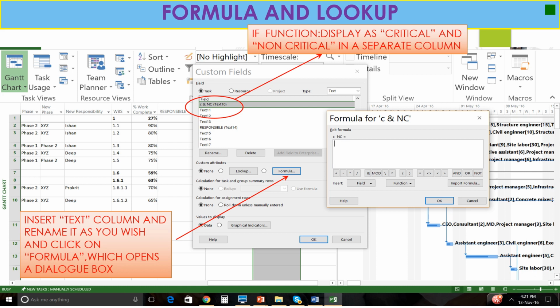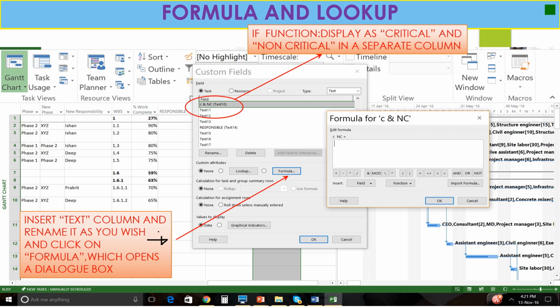Now let's see how a function can display critical and non-critical in a separate column. If you want to see whether a particular activity is critical or non-critical in your text column, first you have to insert a text column and rename it as per your requirement. Here I have already named it C and NC, for critical and non-critical activity.